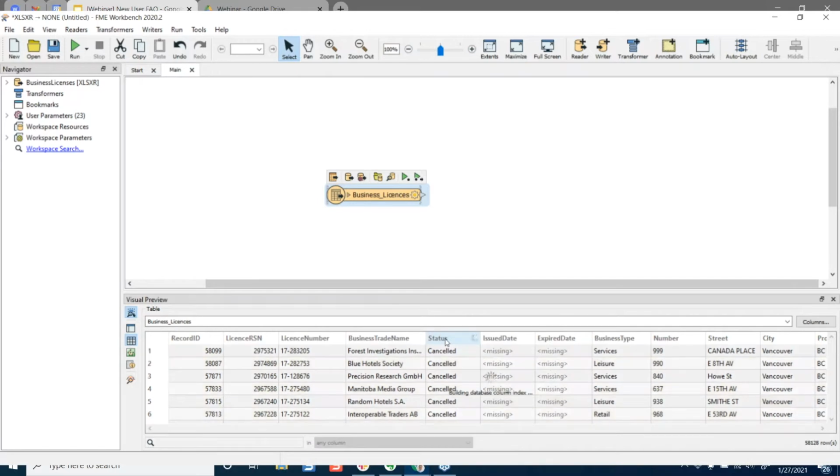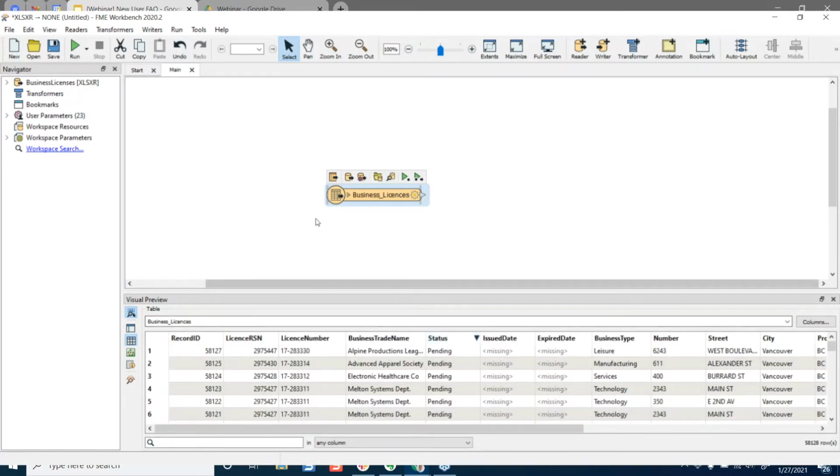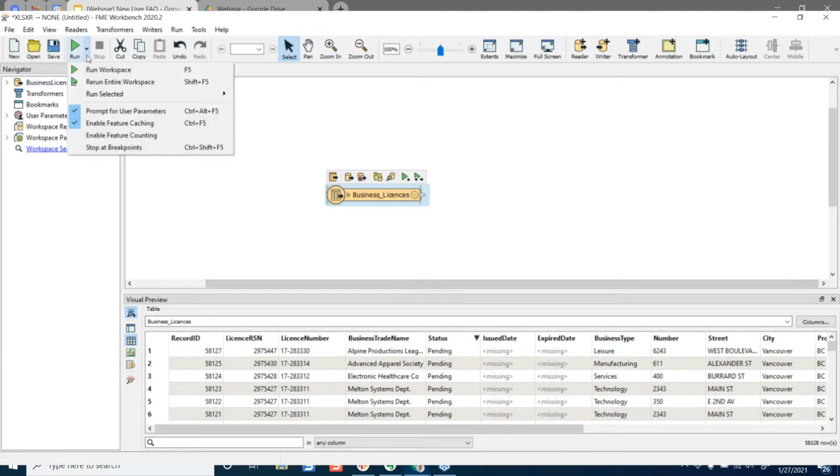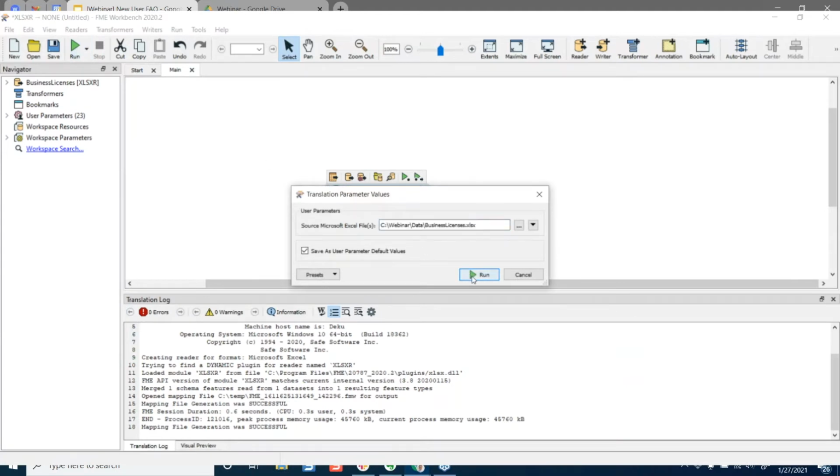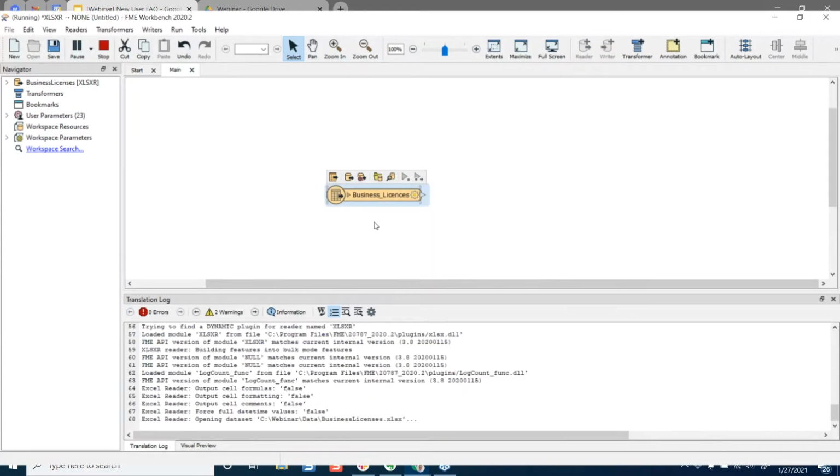You can see that I'm just going to click on some of the columns so that I can sort by ascending or descending numerical or alphabetical order. Or you can choose to activate feature caching. So here I'm just showing where to activate feature caching. It's under the Run button. And you can see I'm just going to run the workspace so I can create a cache of the features